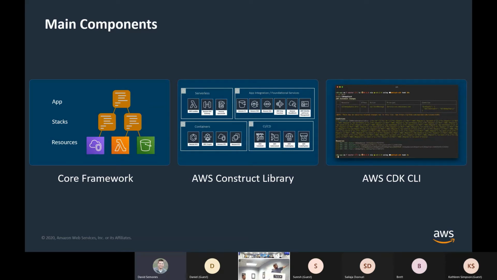But the main components, the core framework, are the core bits of CDK that hold all the stuff together, and they do the actual translation of the Python code to TypeScript, or Java to TypeScript, TypeScript to CloudFormation. TypeScript is always the intermediate level because of the way it works with its language translation. We write it one time in TypeScript, and there's a tool that makes the language bindings available in all these other languages. So we don't have to worry about maintaining 7 or 8 different copies of it. We write it once. We have this tool that then programmatically generates the language hooks. So you get instant support across all these languages. And that tool is also open source, so anyone can use that.